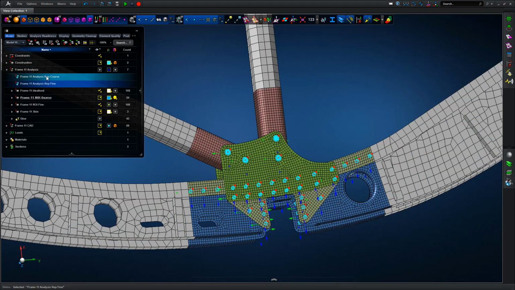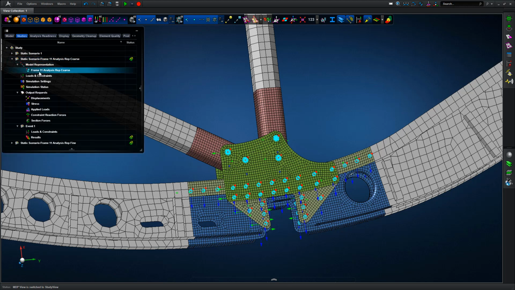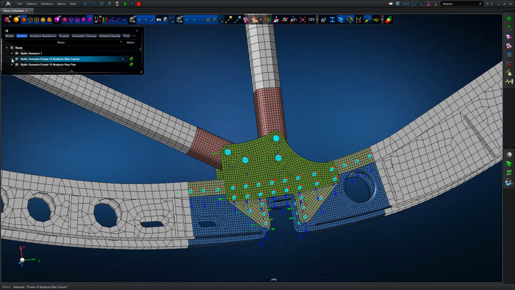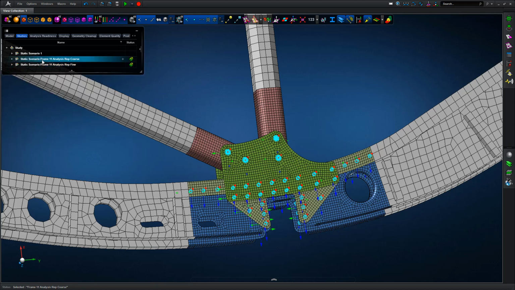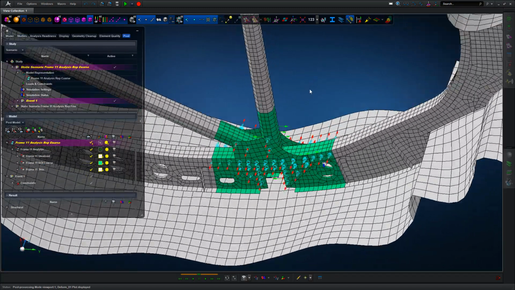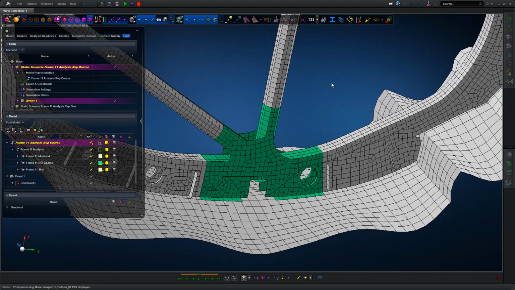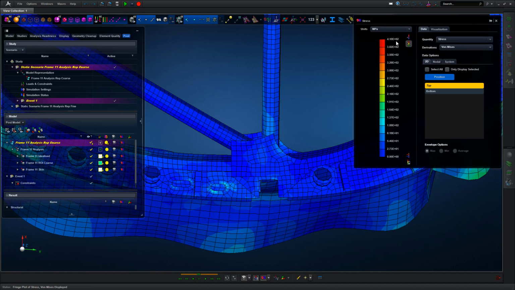Again, we can run the analysis for one or both of those model representations. We've done the runs already, and we can just double click on the study, so the output results, and then post-process for each representation to show the particular model response. So post-processing, first of all, for model representation 1, this is the coarse 10mm element edge length, which uses glued contact at the interfaces, and we can look at the stress levels developed,